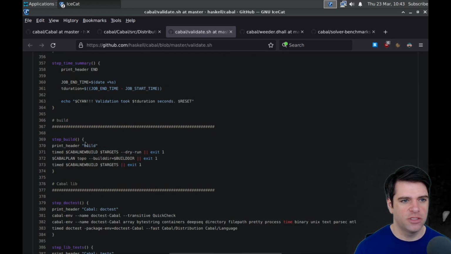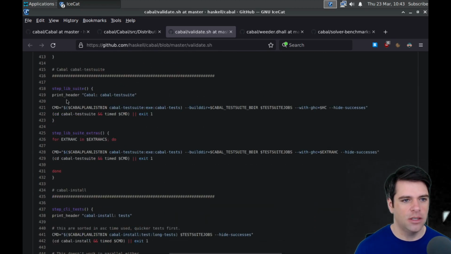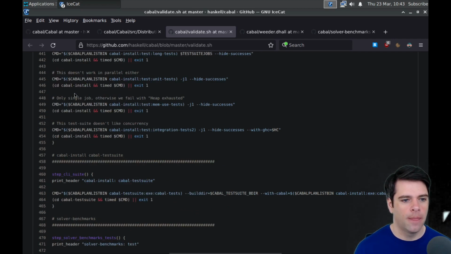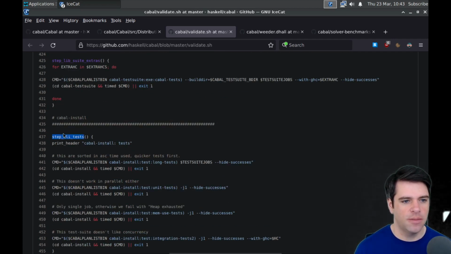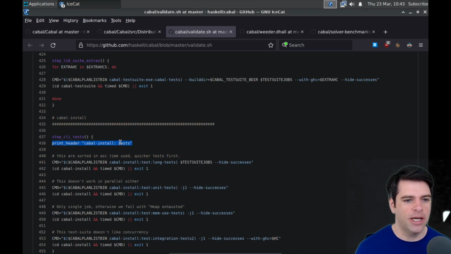And so here's some stuff for step build, step doc tests, step lib tests. Okay. Well, let's look at the test suite. Step CLI tests. Yeah, look at that. All right, so I guess we're going to print out that we're doing some Cabal install tests. These are sorted in ascending time used, quicker tests first. Okay.